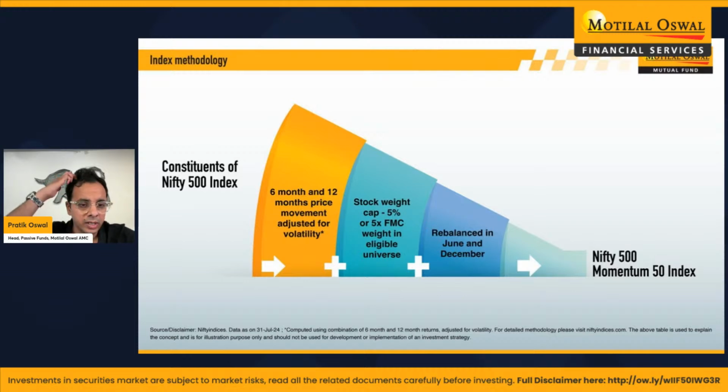Yes, I do agree with you that 6 months might be a very long number, but what's going to happen is if you rebalance it every 3 months, you'll just introduce churn in the portfolio. If you look at this index, one thing that people don't realize is that this is a very high churn index. So essentially the entire index changes every year. You're looking at about 40 to 50% changes in the fund every 6 months, because as you said, sectors are rotating very quickly, stocks are rotating very quickly. So to be able to be dynamic in the fund, you have to rotate quickly.